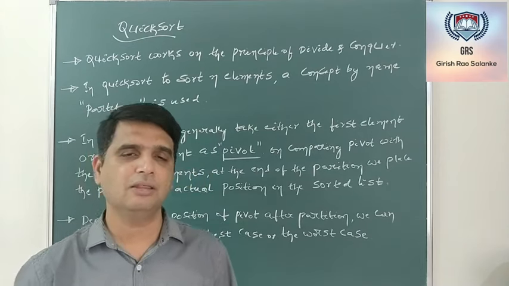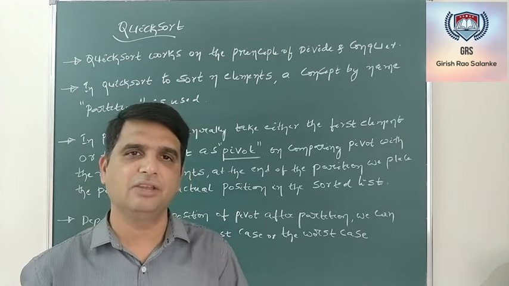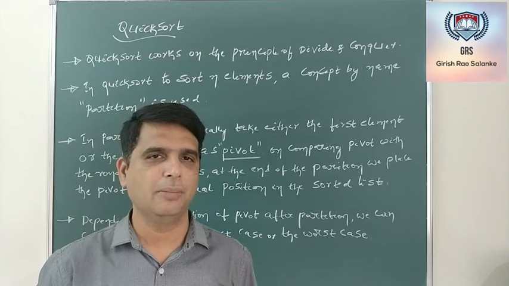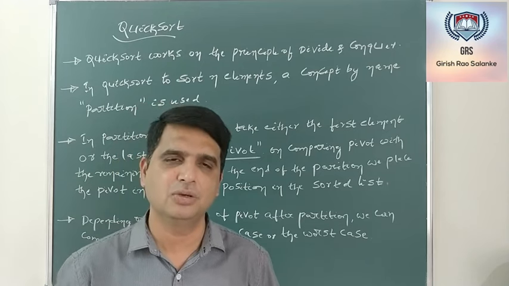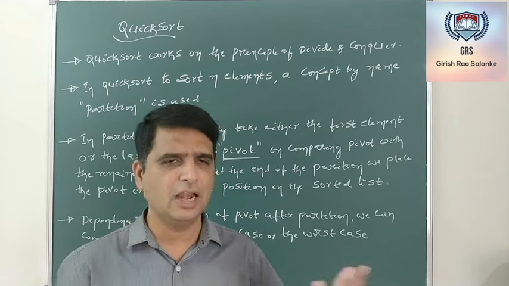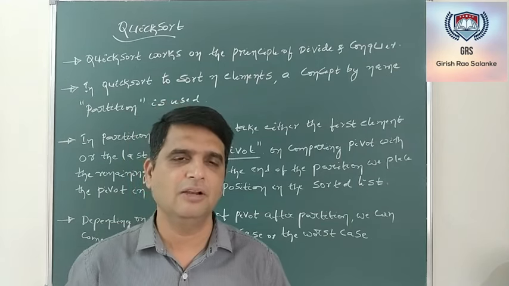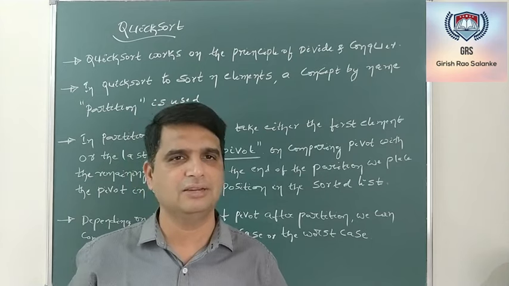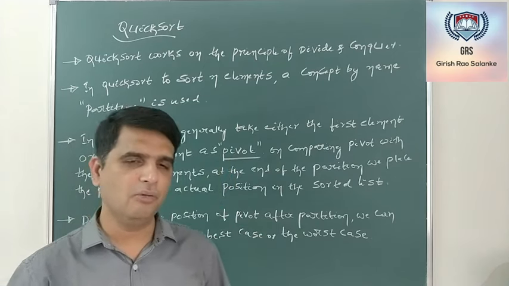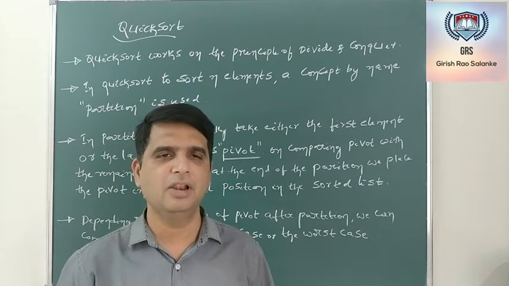So please note that in case of quicksort, the most important thing is partition. As I told, we can take either the first element of the array or the last element of the array as the pivot element. It is not compulsory that we should always take the first or the last element as the pivot element. We can even take any element in the array as the pivot element. If we use the concept wherein the pivot is not the first or the last element, then we call it randomized quicksort. Anyway, in this video, we will take the pivot element as the first element.